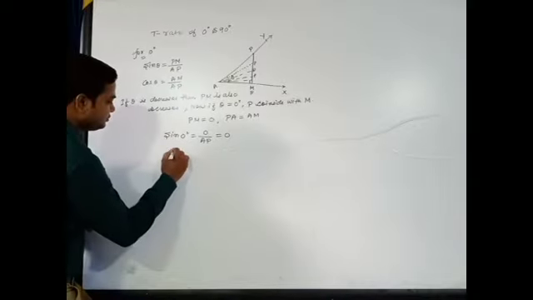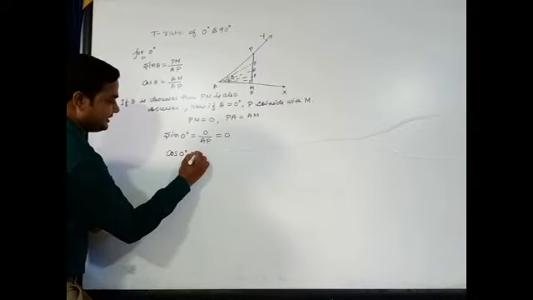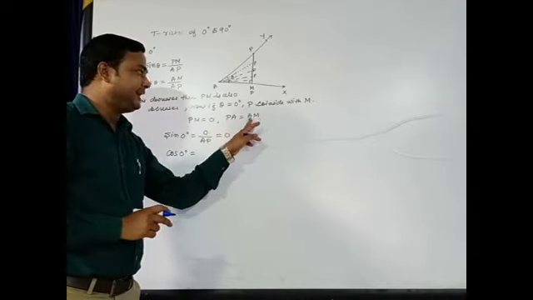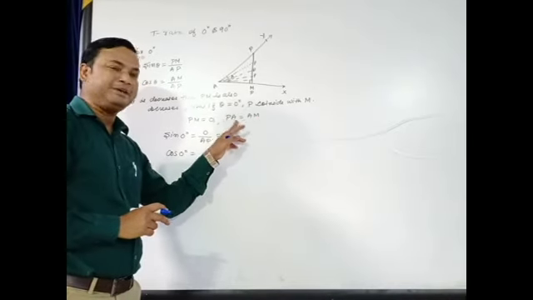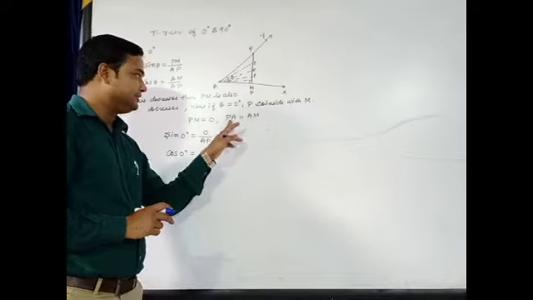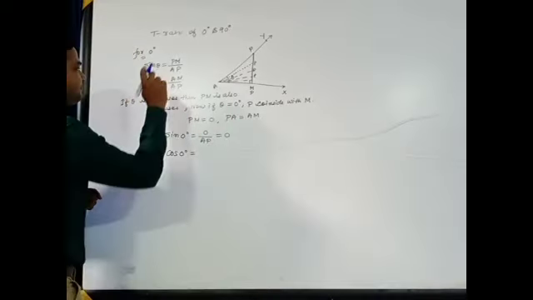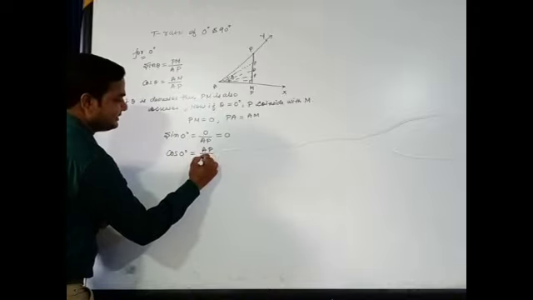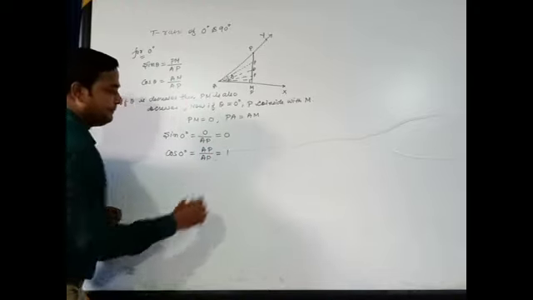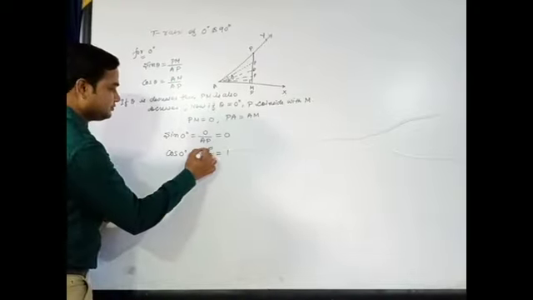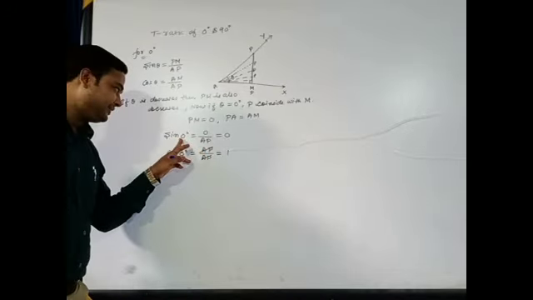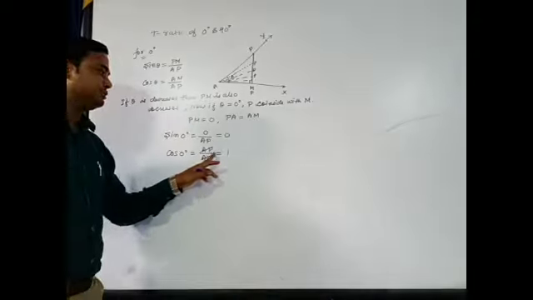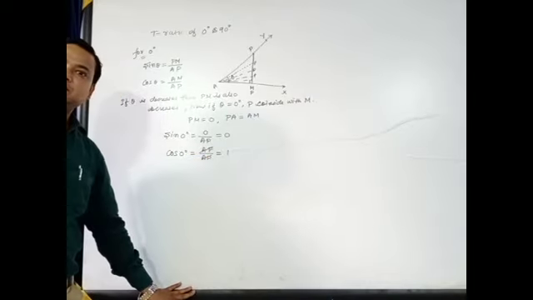Now move to cos 0 degree. Cos 0 degree equal to what? AM. The value of AM is equal to the value of AP. It means in place of AM we should write AP, and already here is AP. It means AP by AP cancel each other, it means 1. In this way we can find the values for 0 degree: sin 0 equal to 0, cos 0 equal to 1, and so on we can easily calculate.